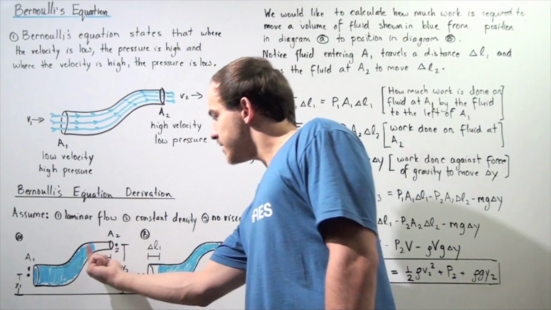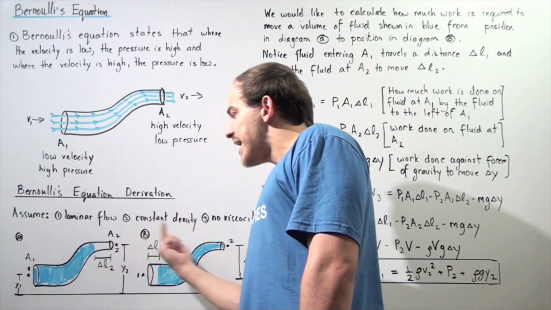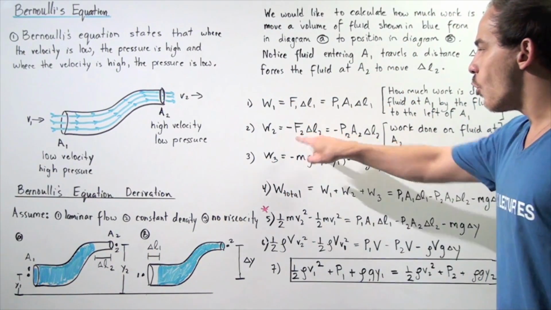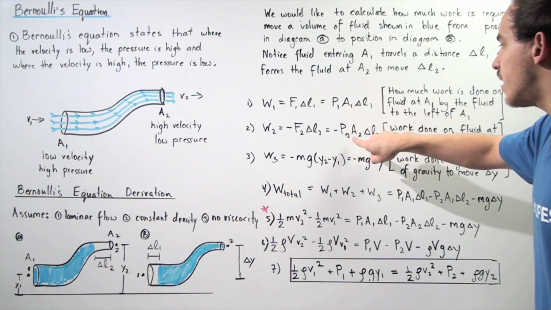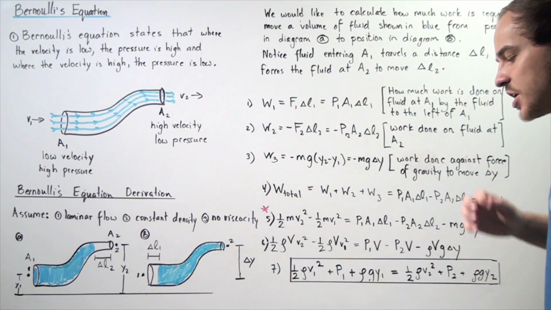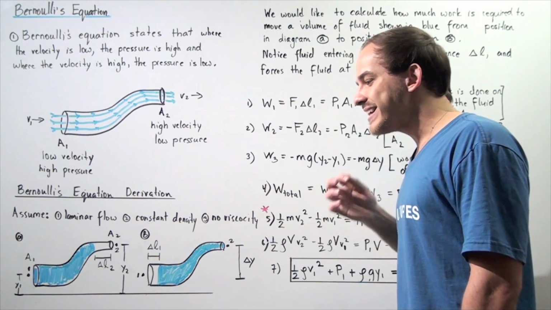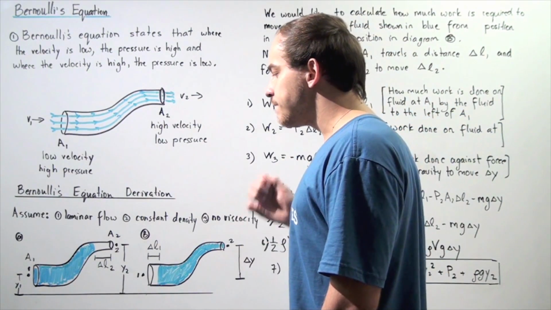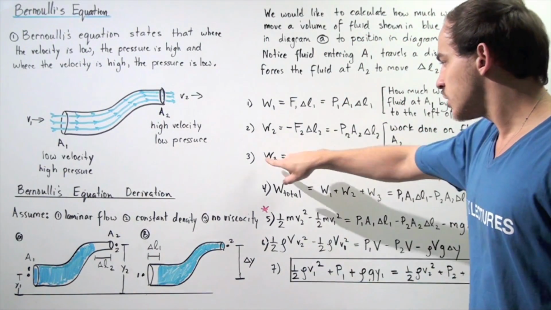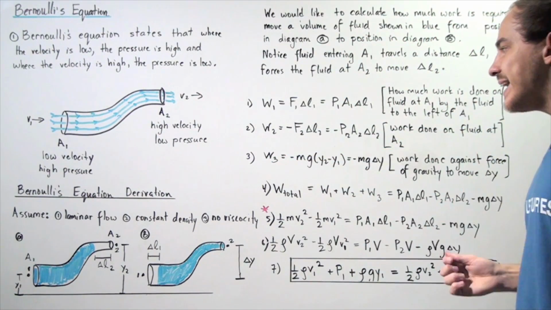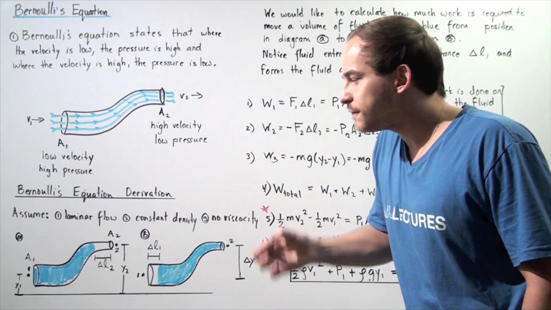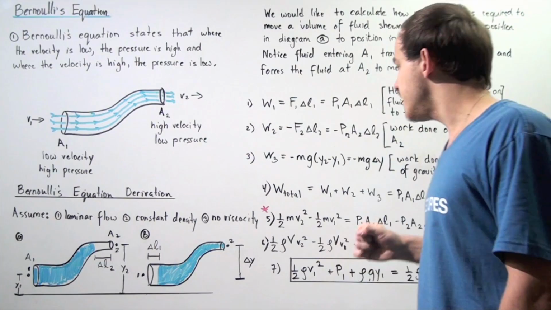So our displacement along the right section of the pipe is change in L2. Once again, force 2 is equal to P2 multiplied by A2, and this is exactly what we have. Now, there's also the work that needs to be done against the force of gravity. So this work, let's call it work 3, will also be negative. So we have work 3, the work that needs to be done by the fluid against the force of gravity,